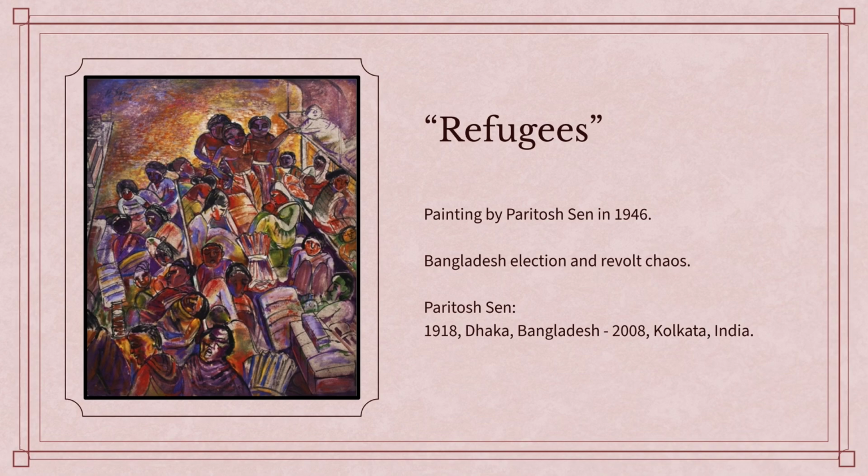The first piece is Refugees, which is created by Paritosh Sen, and this actually depicts images of the Noakhali riots in 1946, which was a year before the actual partition, but it would lay the groundwork and the first steps into what the British planned to do with India. And this is Muslim League versus Hindu populations in India who would then proceed to create massacres and genocidal activity, which the British found tormenting because of the massive revolts they had to handle.